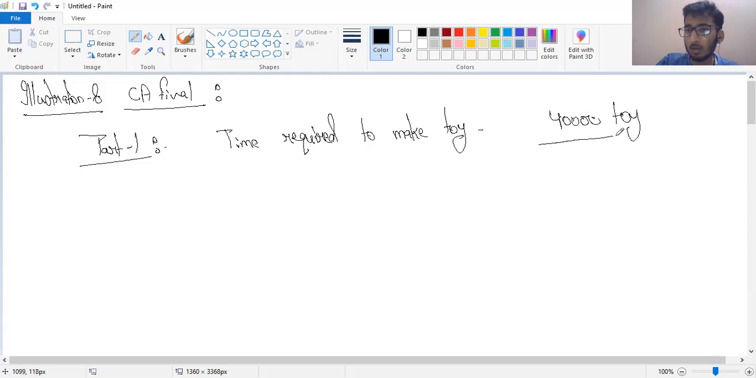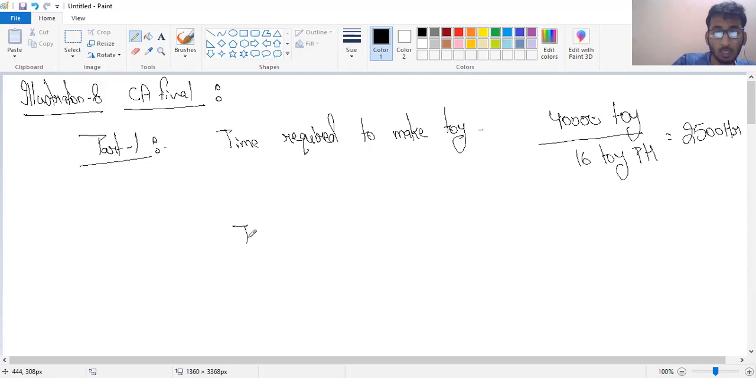In 1 hour, 16 toys can be made. 16 toys per hour. So calculate once how many hours would be taken to manufacture 40,000 toys. Basically 40,000 divided by 16 would be 2,500 hours. Okay, now see